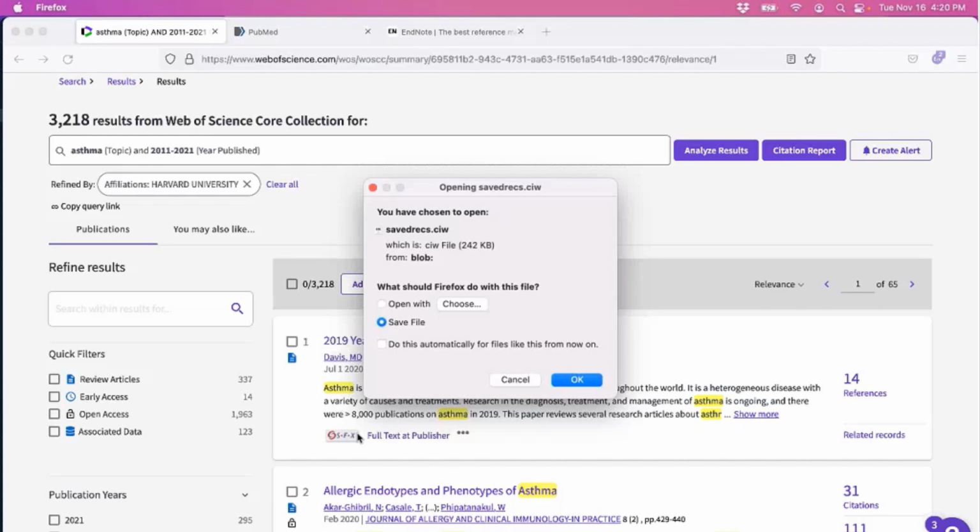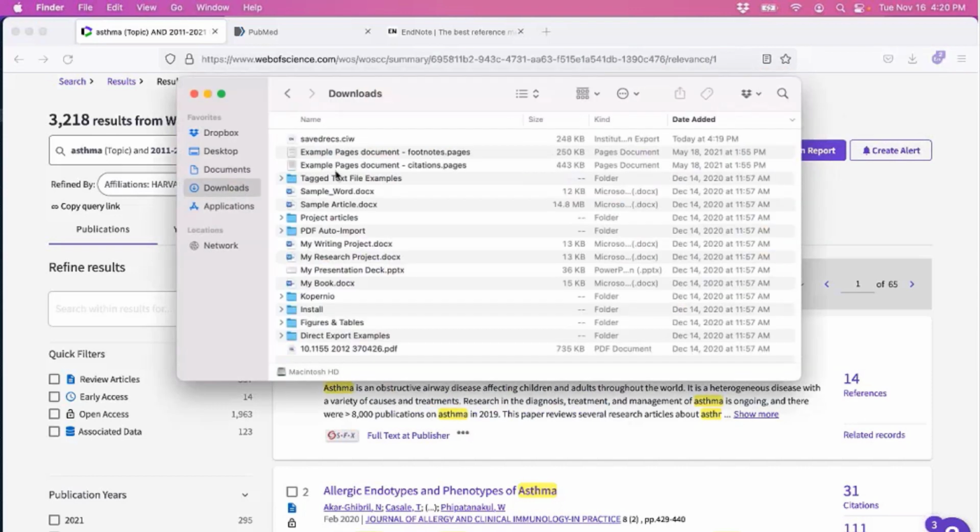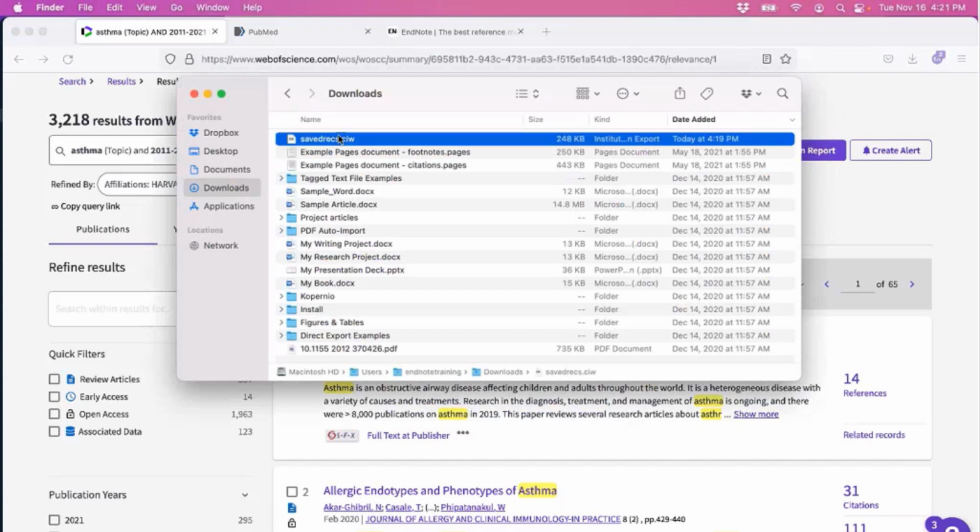So normally what we would be doing here is selecting to open this temporary file. We see that Web of Science has generated a file with the savedirects.ciw extension. And we would want to open this file with the EndNote application, which we are going to do in just a moment. But I'm actually going to save this file the first time around. This is basically what would happen if you performed a direct export using Chrome or Safari. Those browsers will save the temporary file initially, and you can then tell your operating system which application to associate with that file. But I've saved it just to give you a sneak peek of what's contained in that temporary file.